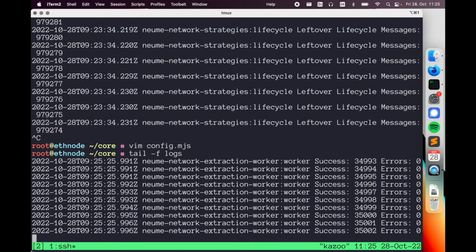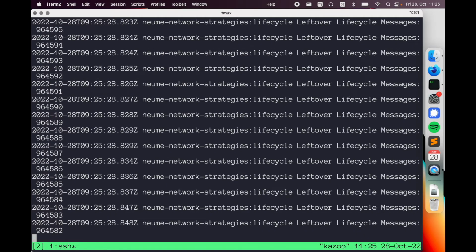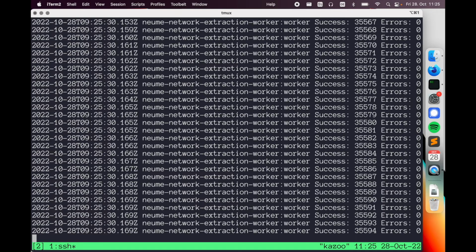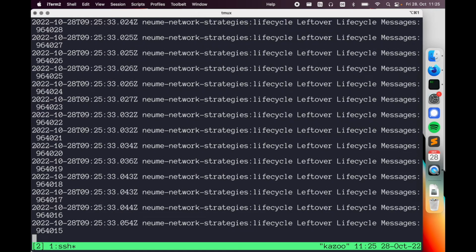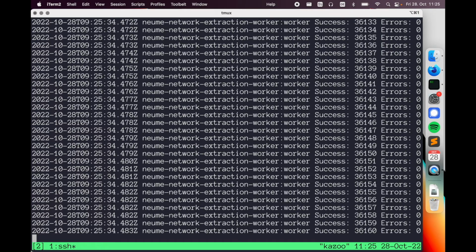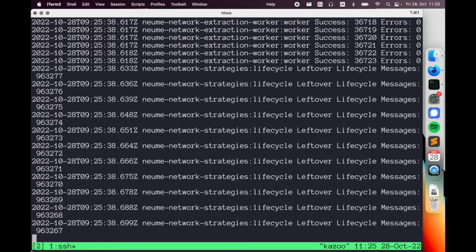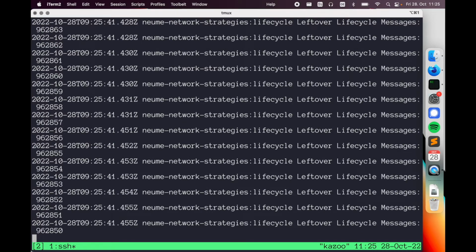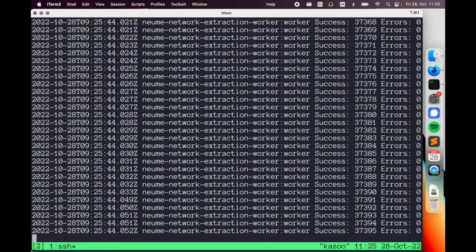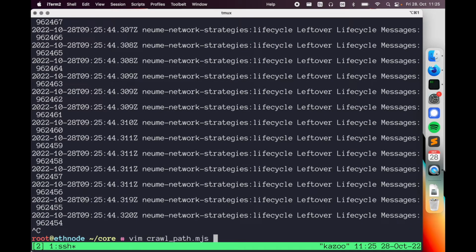So yeah, let's see if this is still running. I don't think we'll get to like 1 million blocks, but we can definitely at least extract some events, I assume. So to configure that